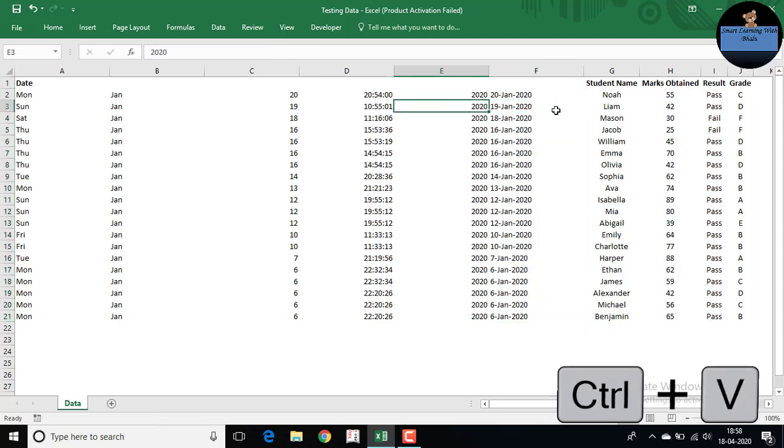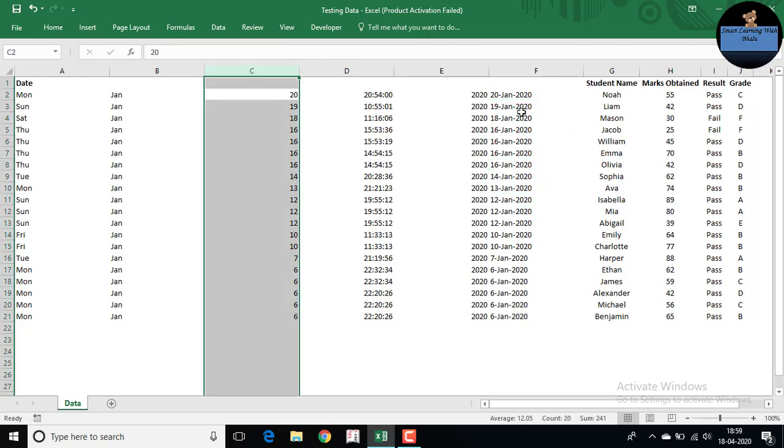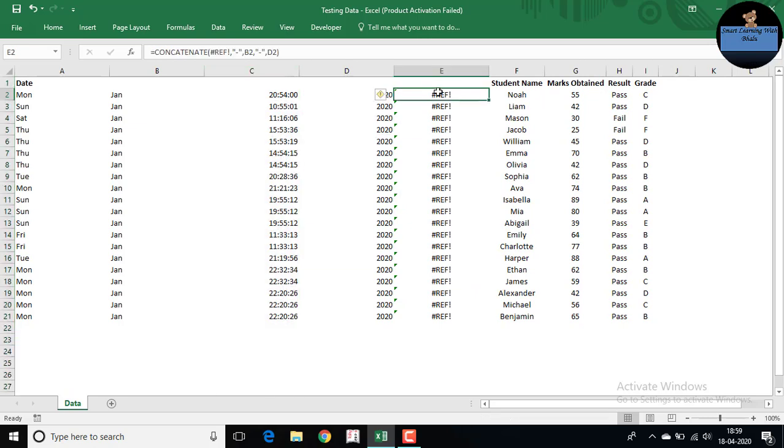One more thing you should remember: if you're pasting this, you can see the formulas here, right? So if in case you have deleted the original, your formula will be corrupt.